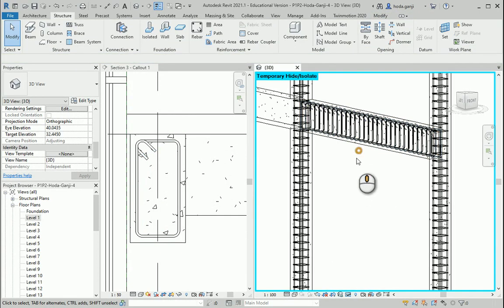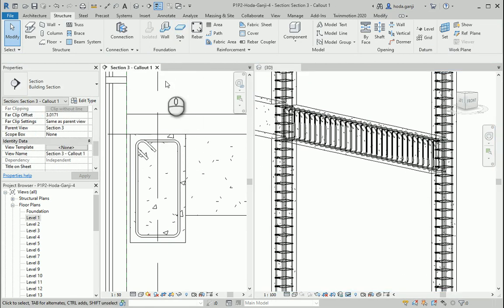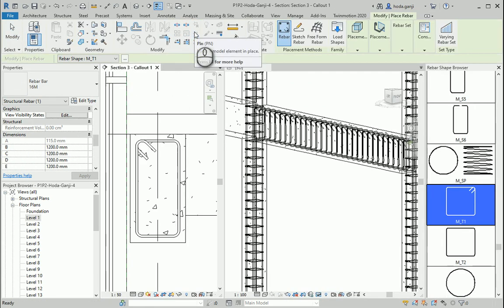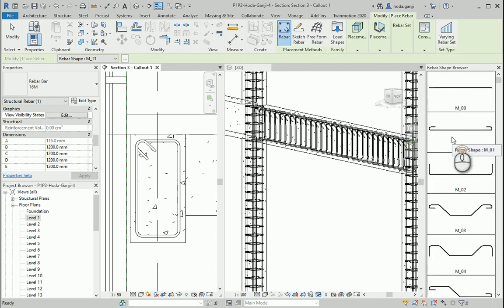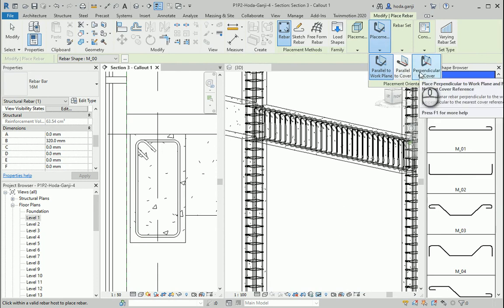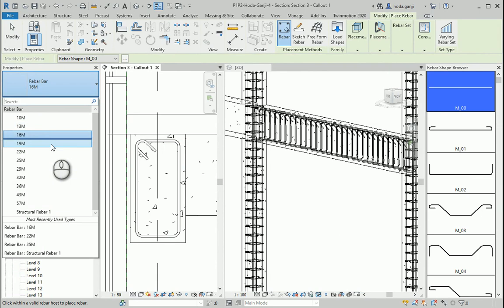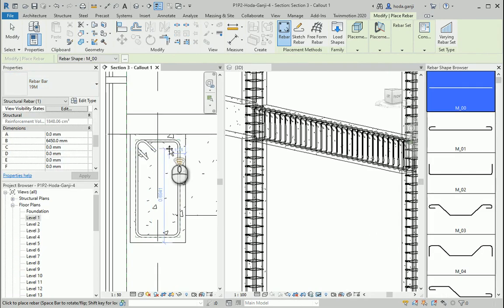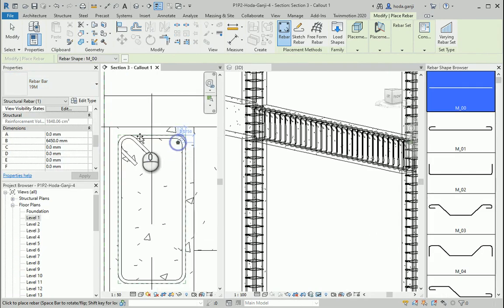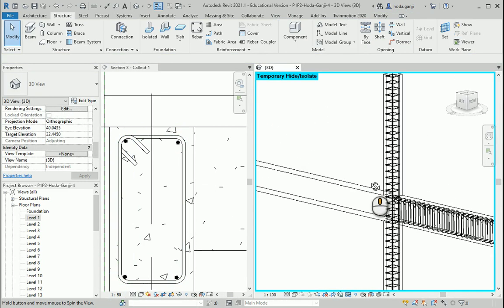Next we are going to create some rebars in the other direction. So I'll go to the section view again. I'm going to hit rebar and I want to go with some of these rather straightforward shapes, and this time we need to change this to perpendicular to cover, so it's going to put it there. Maybe this one is going to have like 19 millimeters, so you can place the rebars on the four corners, and let's see how it works here.